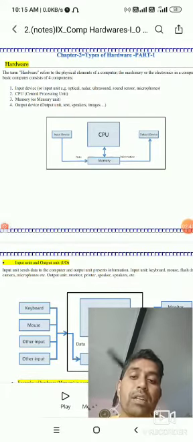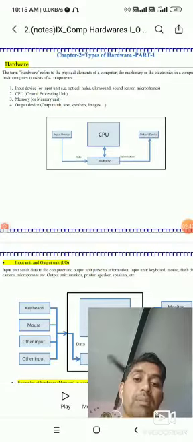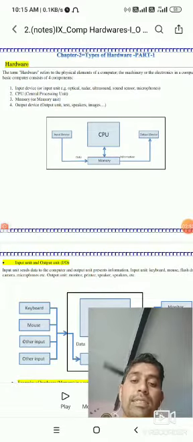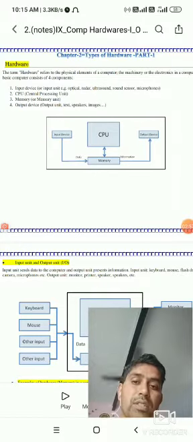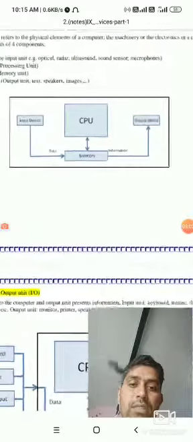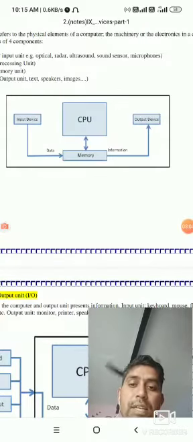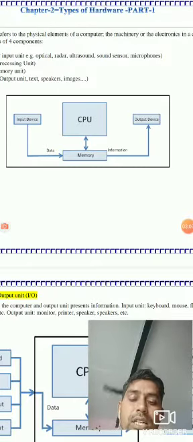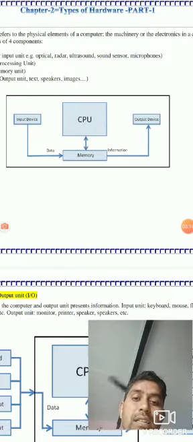Now the third and most important part is memory. The CPU's third part is memory. Memory is used to save and store the data related to our input and output result. In the given diagram, just look here. Through the input device we put in data, the CPU will process that and store it in memory, and through output devices we will get the information. Clear? So it is a complete task, that is called a process, input process output.